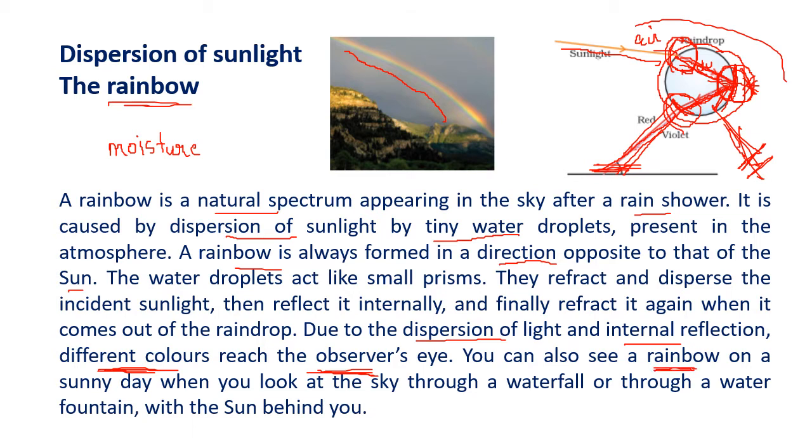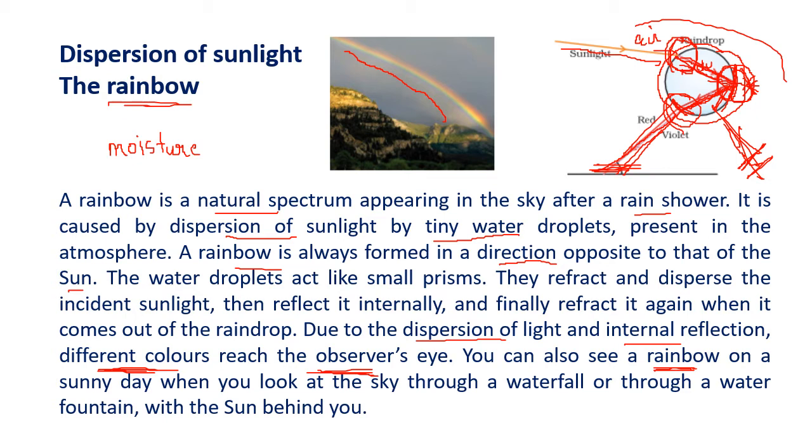On a normal day, the sunlight reaches our eye, all the 7 colors travel with the same speed and reach the eye, giving rise to the white color. But in the rainy season, because of these water droplets and because of the dispersion and total internal reflection, the velocity of the different lights change. And because of the velocity of the different light change, all the lights reach our eye differently and we can see all the different colors, and hence we see the rainbow.